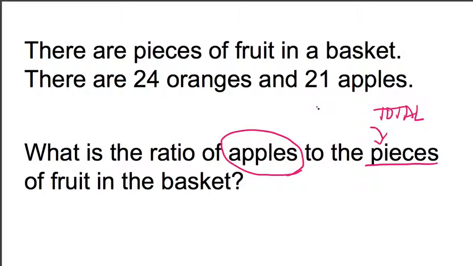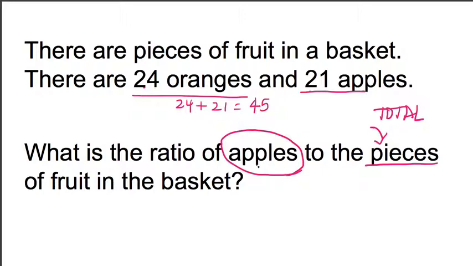Simple. You know there are 24 oranges and 21 apples, and there are no other fruits in there. Just add the number of oranges to apples and you will get the total number of pieces of fruit in the basket. Mind blown. So 24 plus 21 equals